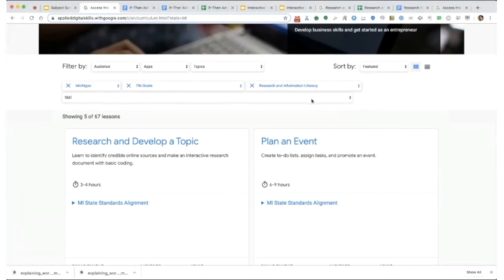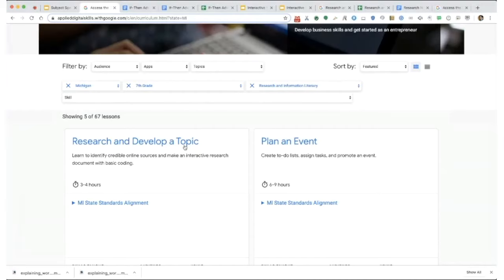literacy. Wow, the fact that I can just literally search for the standard and find a lesson to match it makes it super easy for me to do this. So the first lesson that comes up is research and developing a topic. I've been on the English language arts side of things, but this is really speaking to our social studies teachers, right? This is speaking to our history teachers and also English language arts, but this idea of researching and developing a